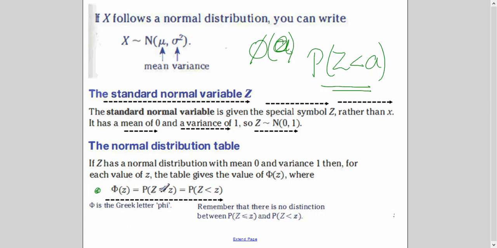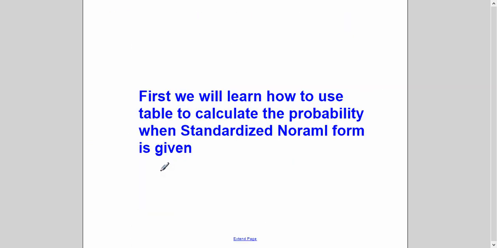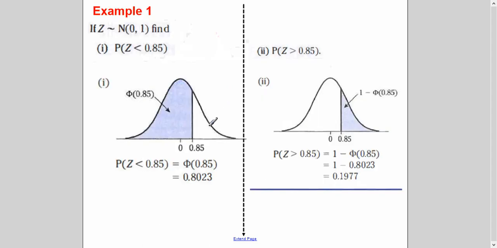And in normal distribution, we do not use equals to. It's the same thing, because we are talking about area of the left-hand side or right-hand side, not underneath. There is no area underneath a number. So let's see how to read this table. We will see at least 3 types of examples, and later on in the videos, we will use them one after the other.